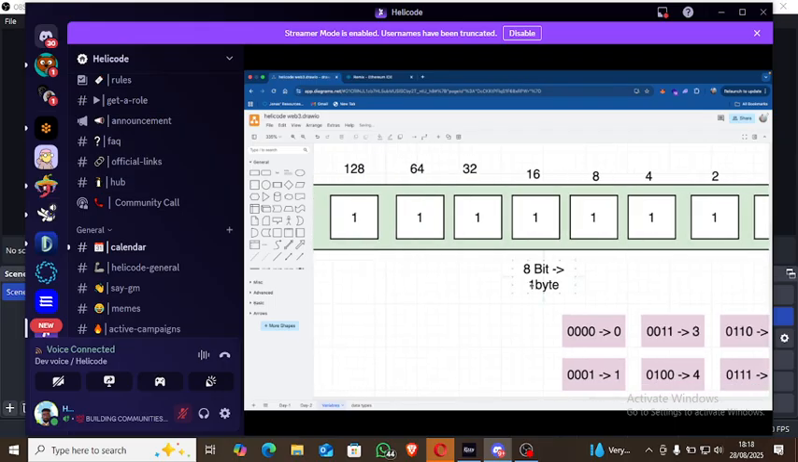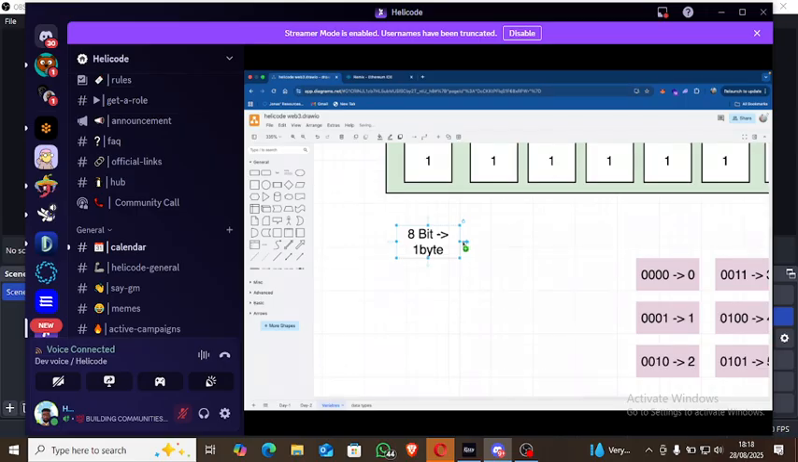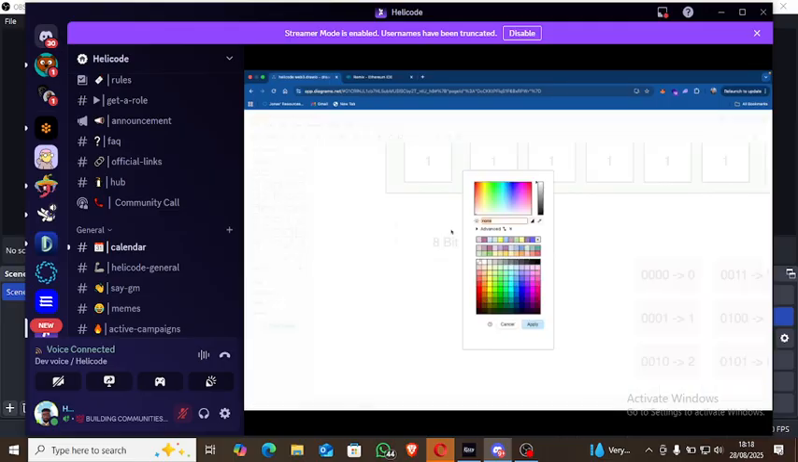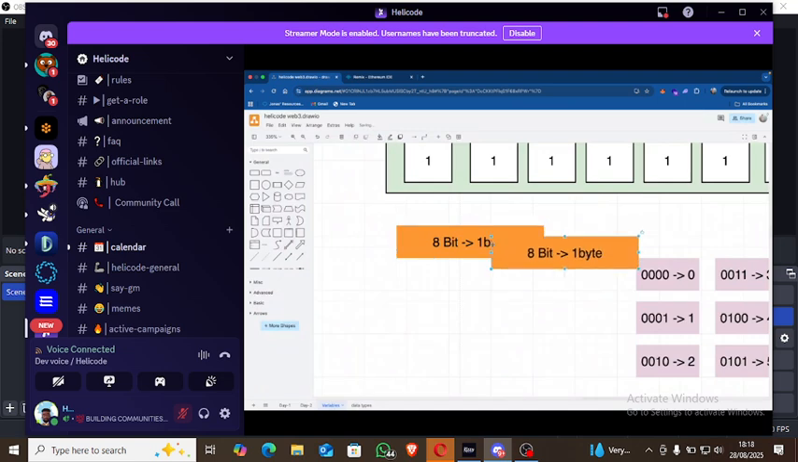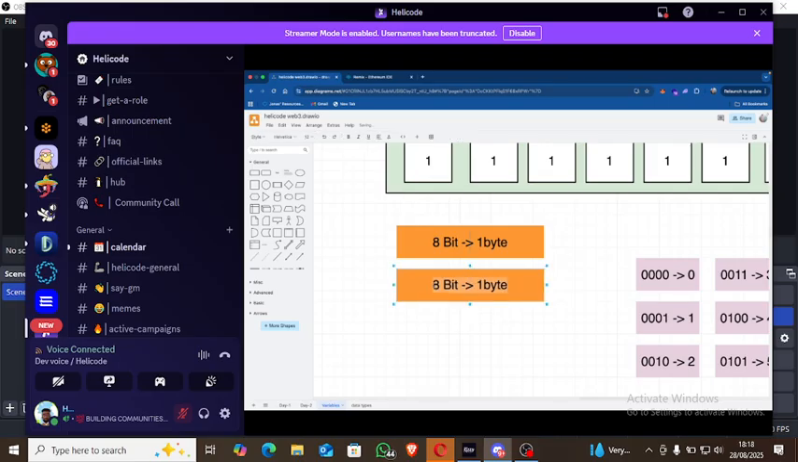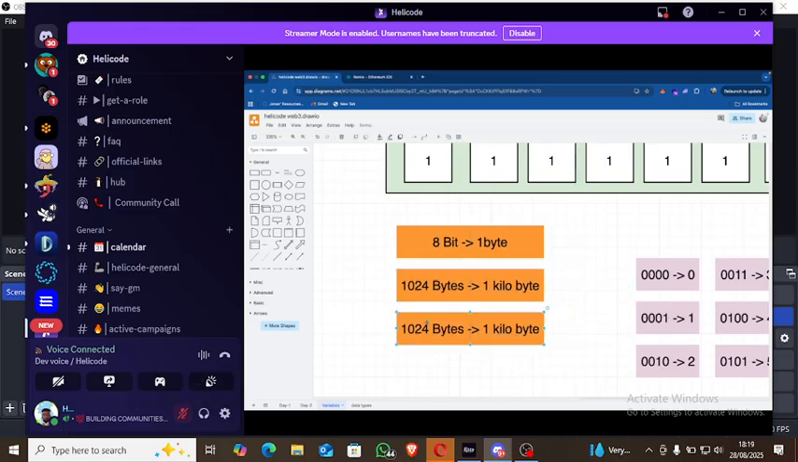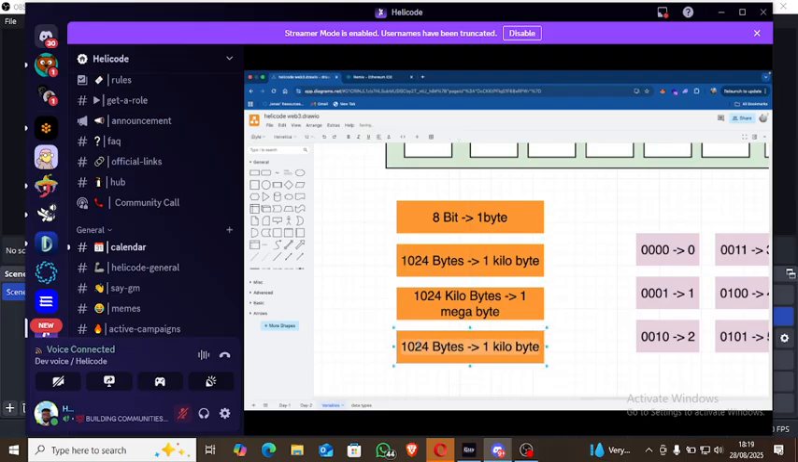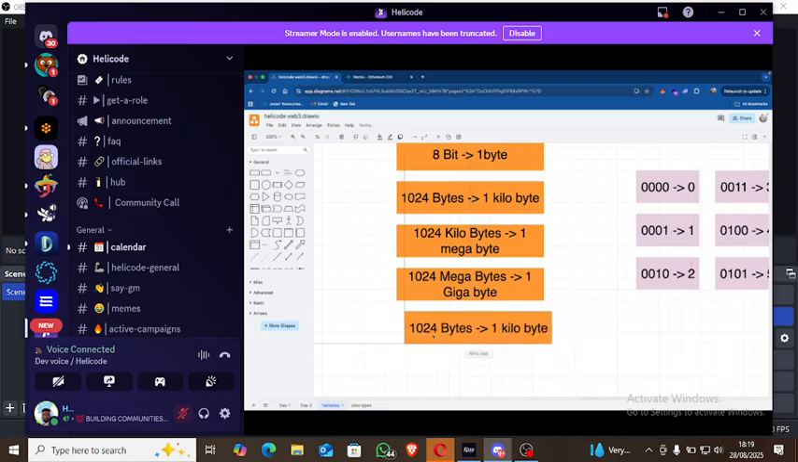I'll try to zoom in a bit. Okay, so this is also called 1 byte. 8-bit is actually called 1 byte. 1024 bytes is actually called 1 kilobyte or 1 KB. 1024 kilobytes is actually called 1 megabyte. 1024 megabytes is actually called 1 gigabyte. 1024 gigabytes is actually called